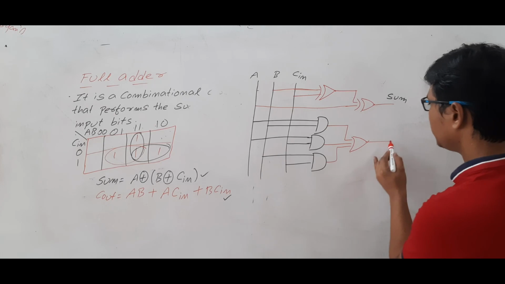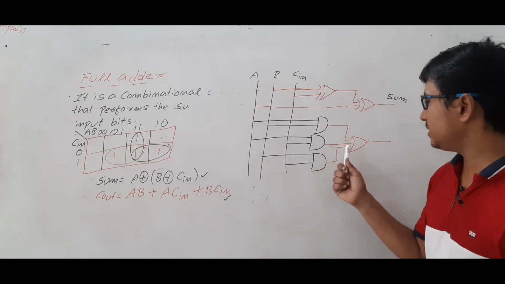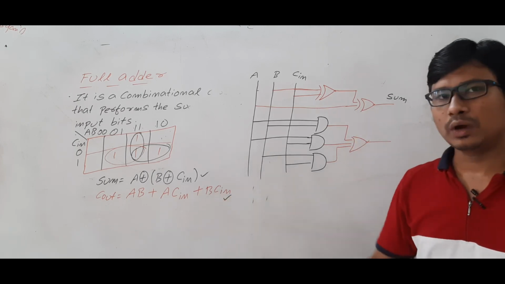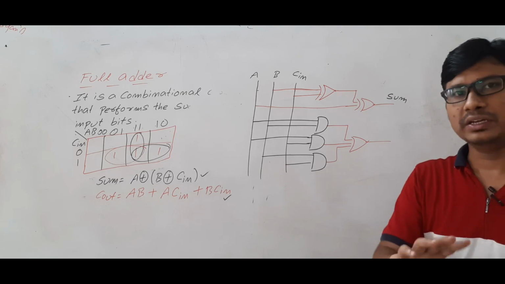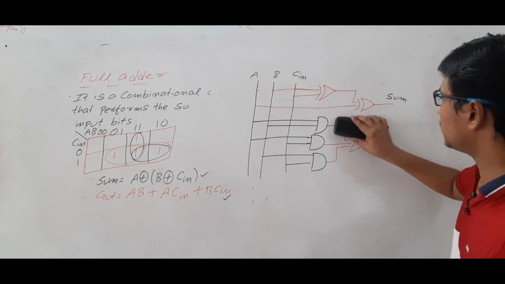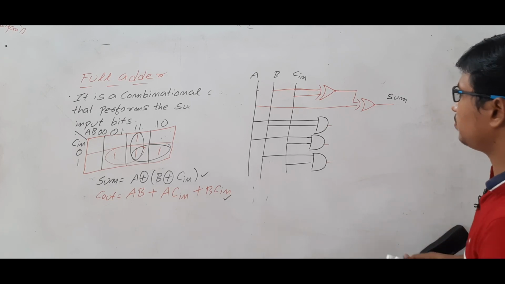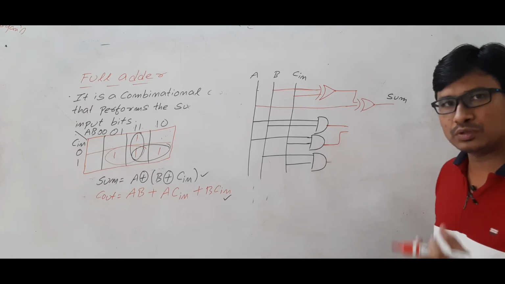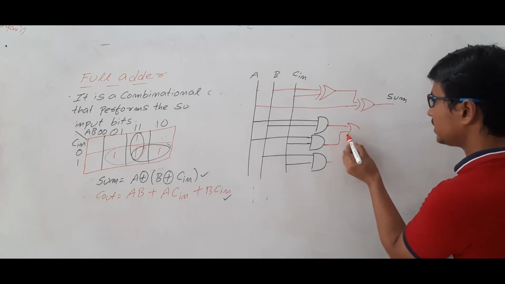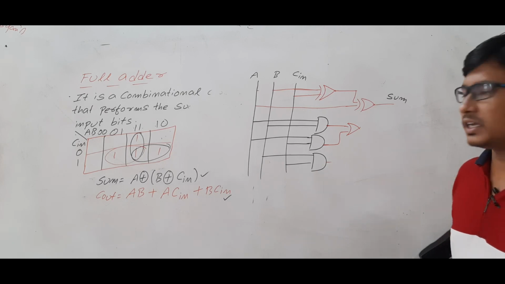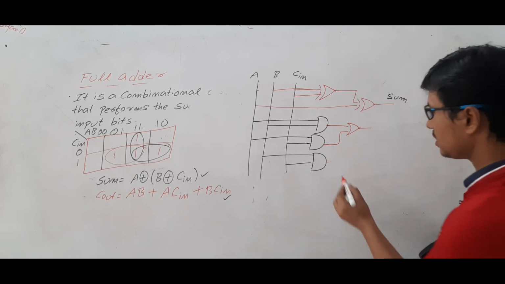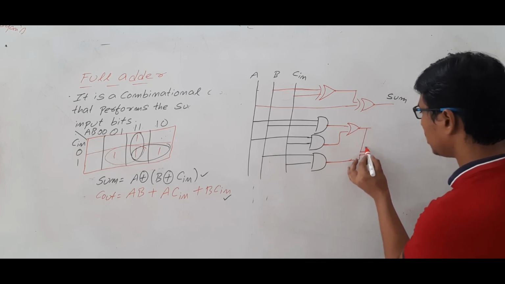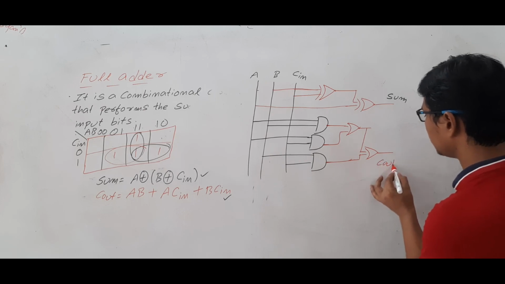If you see, this gate has the fan in as 3. What is meant by fan in? This one has 3 inputs. If you want to avoid the fan in as 3, you have to make it fan in as 2. Then also you can do it. How can you do it is that you perform the OR between these two. I hope you have understood what is fan in, how many inputs are coming. If everyone is saying that it should be 2 input gates, then you perform the OR, and then whatever the result you are getting, again you perform OR, and this will be your C out carry.